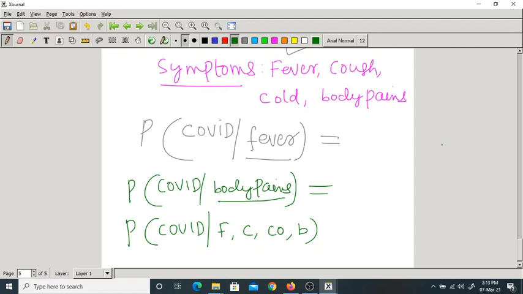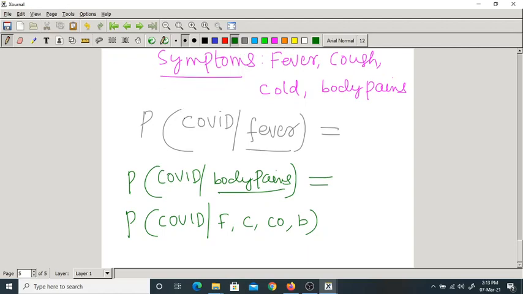So here we are finding the probability of an event A based on another event B. Here we are checking for COVID positive based on his symptoms. These symptoms have already happened, or we have some information about that person. The person may be suffering from all these symptoms or any one of these symptoms. Knowing that, we are finding the probability that he might have COVID. So that is some kind of conditional probability concept.